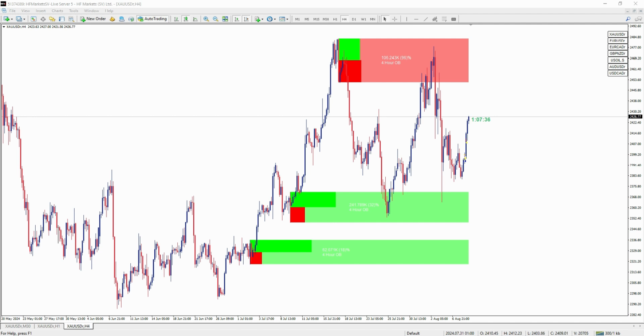So that's pretty much everything. You guys have to focus on such kinds of order blocks with larger volume or big volume, and also you guys have to check that buyer or seller must be bigger than the other one. Here you guys can see the volume is smaller, but the buyer is bigger than the seller. See, so you guys always have to take a look at this. Okay,